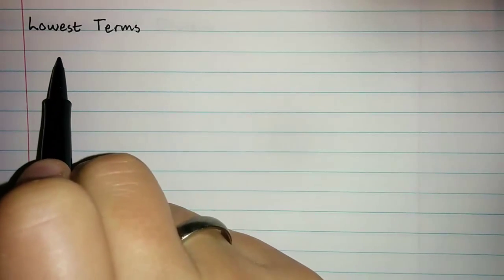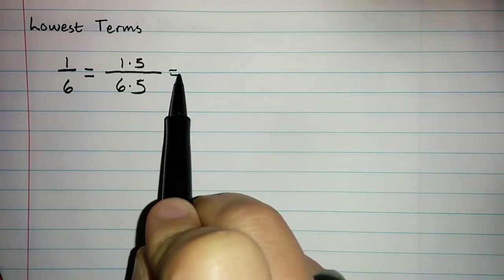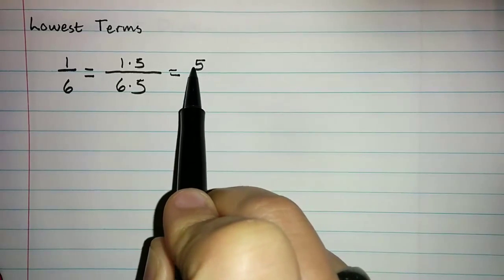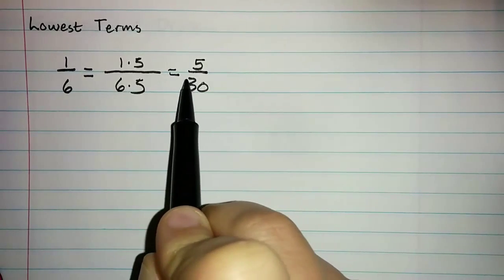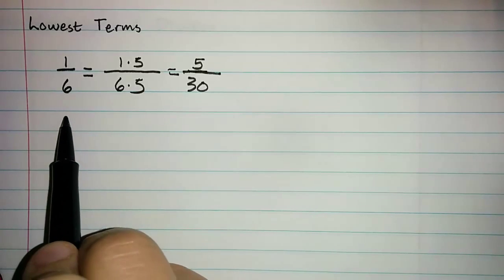So far, we've seen ways to write equivalent fractions with larger denominators than the given fraction. But sometimes we'll want to run that process backwards to get a fraction with a smaller denominator. So, for example, we can say 1/6 is equivalent to 1 times 5 over 6 times 5, which is equal to 5/30. But we can also run that backwards and say